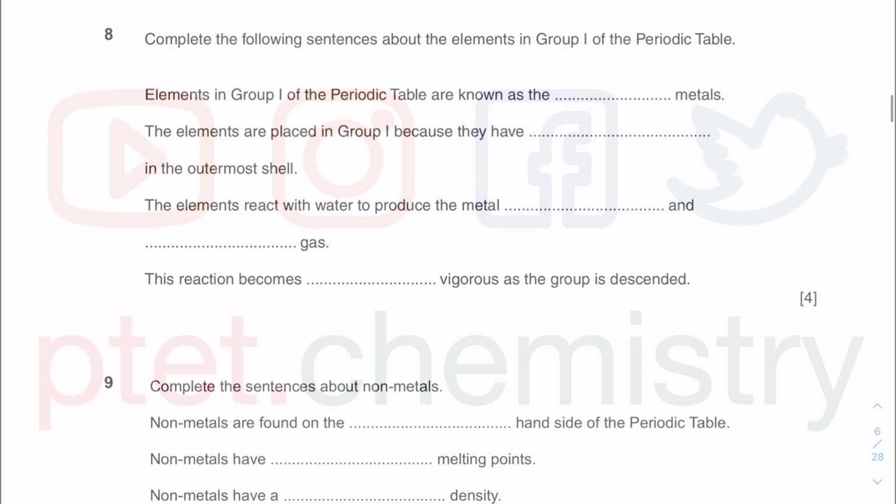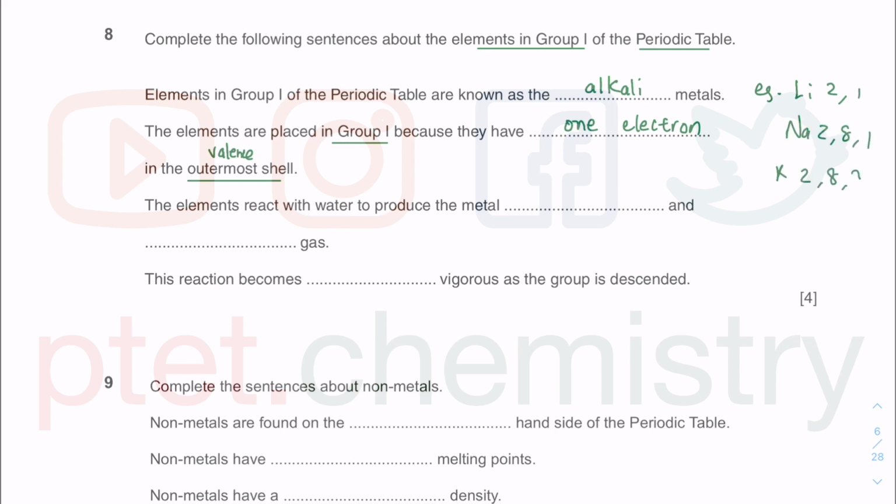Moving on to the next question. So this is fill in the blank again. This is about the periodic table, about the elements in group 1. The group 1 metals are what you call the alkali metals, as part of your metal case study. They are all in group 1 because in the outermost shell, or the valence shell, they have 1 electron. For example, lithium will be 2,1, sodium will be 2,8,1, potassium will be 2,8,8,1. As you can see, in the outermost shell, all of them have 1